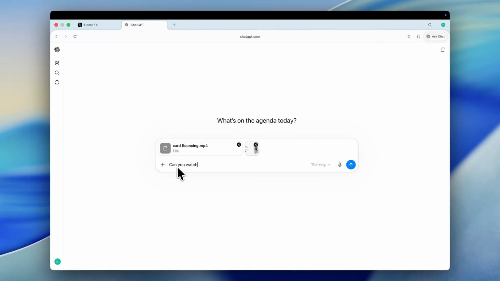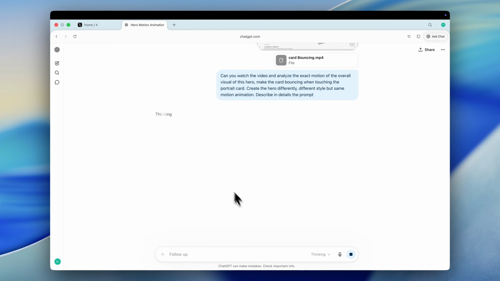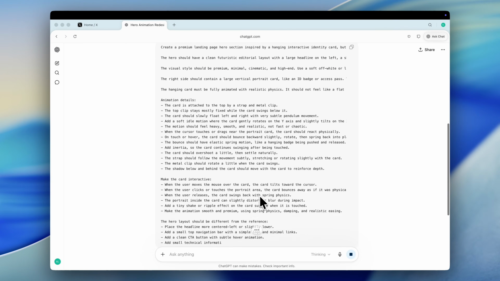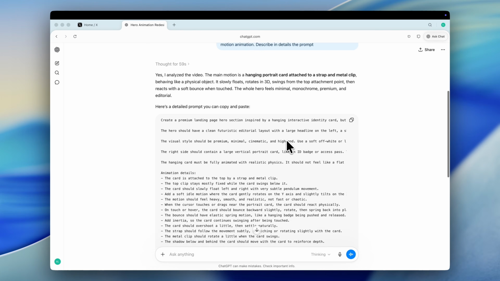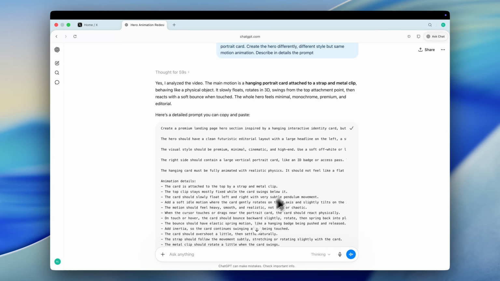I upload the short video to ChatGPT and ask it to analyze the motion in detail, including how the car bounced, how it rotates, how it enters and exits, the speed, the easing, and the overall interaction. This gives us a much more accurate prompt because the AI can understand the real movement, not just the visual style from a static screenshot. So here is my prompt. I'm going to copy it